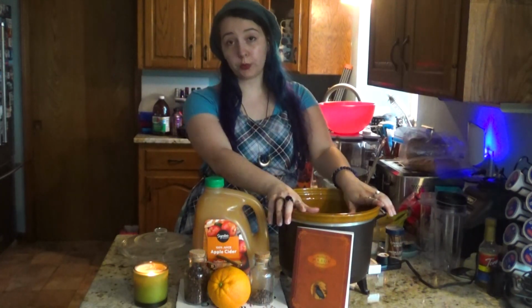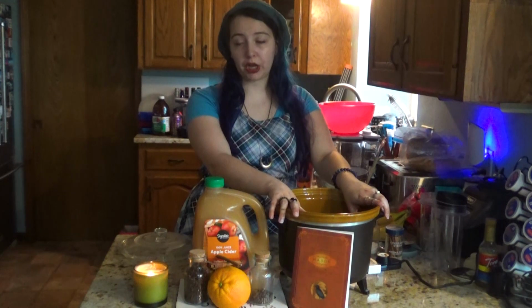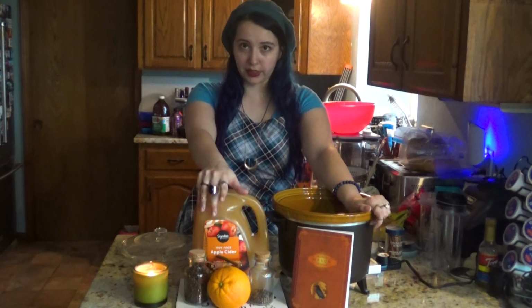So the only real equipment you're going to need for this is a slow cooker or a crock pot or an instant pot, or if you don't have any of those options, you can just do this in a big pot right on your stove. You also will need a cutting board and a knife if you're going to slice up any citrus to go in there. I'll grab that in a second once I'm ready for that. We're going to take our jug of apple cider,